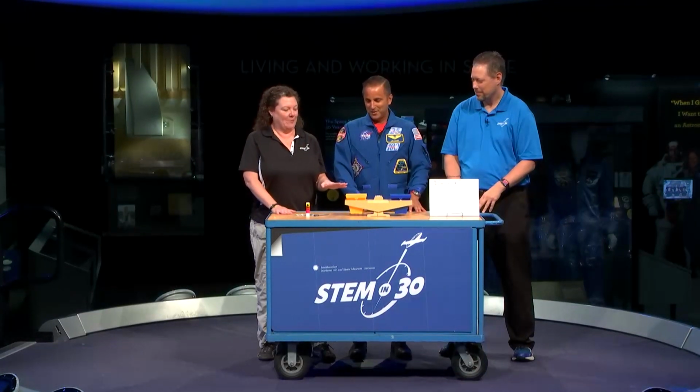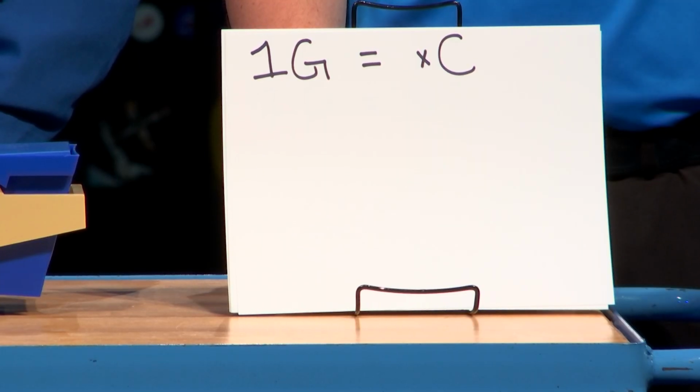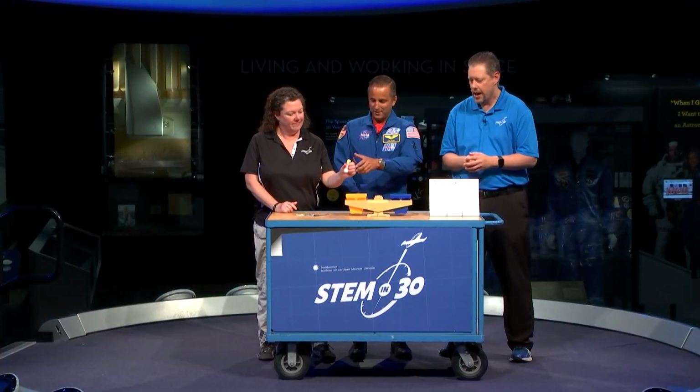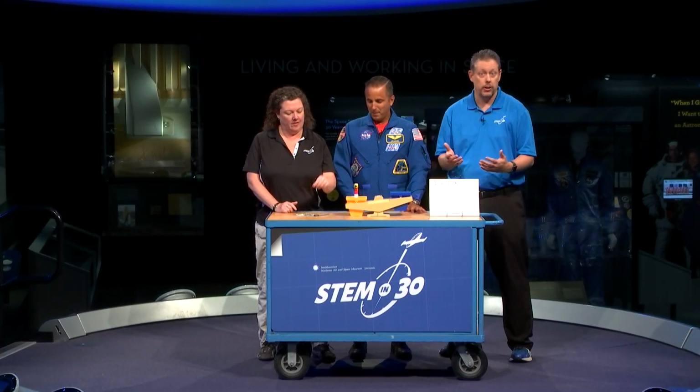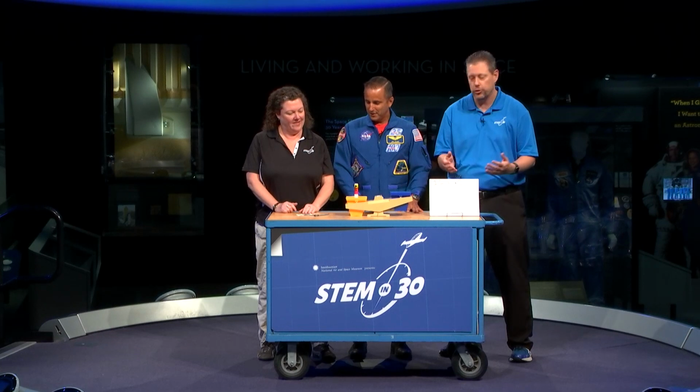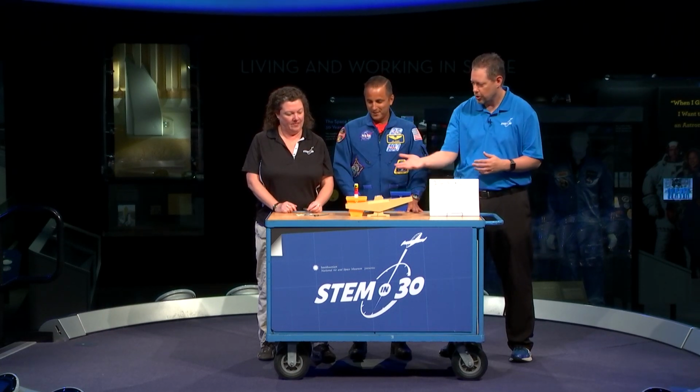Joe, you taught math and science. Yes. I was not very good at algebra, but I think we have a demo that may have helped me. Marty, do you have some equations? We're going to have 1g equals xc. The g stands for a glue stick, and the C stands for a paperclip, the X being our variable we don't know. So we're going to try to balance this equation now. So Joe, can you help us out a little bit?